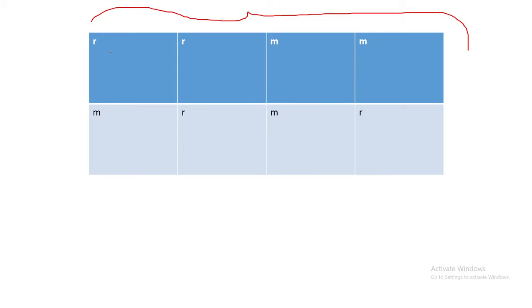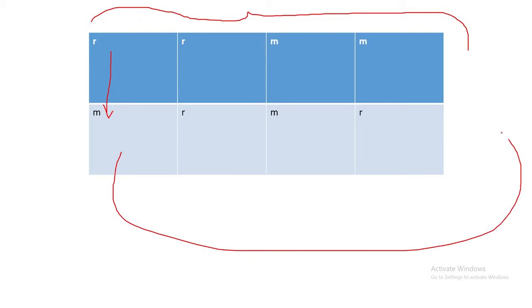The first bride must choose a groom, but they are not matching, as you can see. So the groom will go at the back of the queue, and the first bachelor would be this one. This is R and this is R, so they will move out.